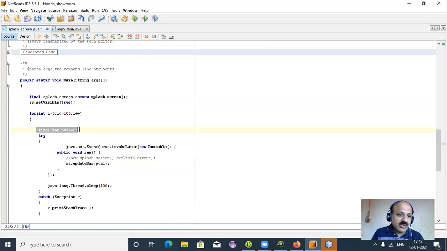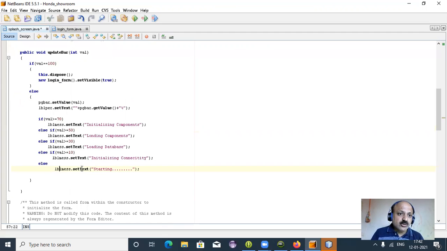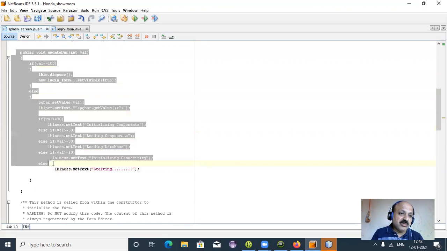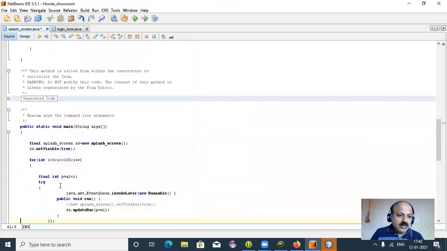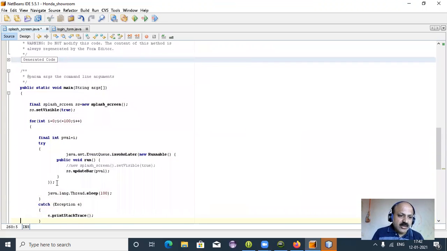and here also one final integer progress bar value, and I initialize it. You cannot pass i directly, you can observe that in testing, and then you can call your method with your object. So previously that did not appear in the library, but when we use our object, that opens, that means the library shows our updateBar. UpdateBar is a user defined method. Yes, there is no inbuilt method, we have to develop it ourselves. Yes, and we can call it on the splash screen object, and here after that, in the run method we can